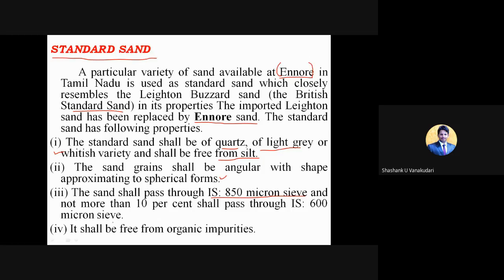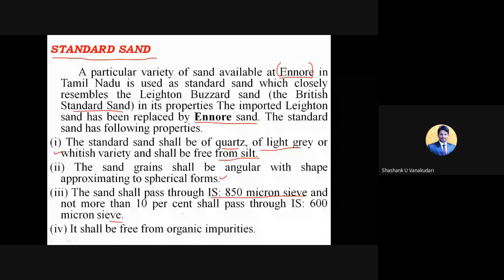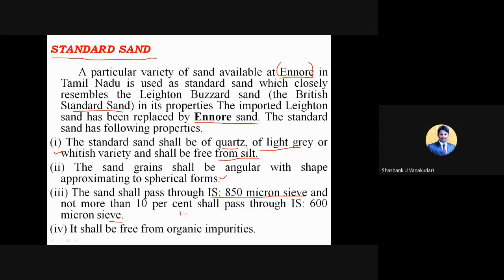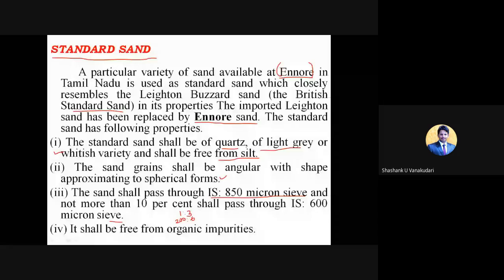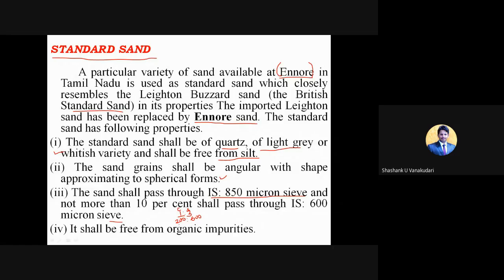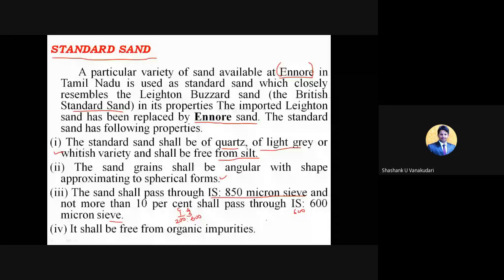So here you need to consider the sand in this way. For example, you are going to take a 1:3 proportion of cement and sand. Here cement you are going to consider around 200 grams, and the sand will be 600 grams. One stands for cement, and 3 stands for sand. This 600 grams is taken in three parts. The first part passes 2 mm and is retained on 1 mm, and that is a quantity of 200 grams.